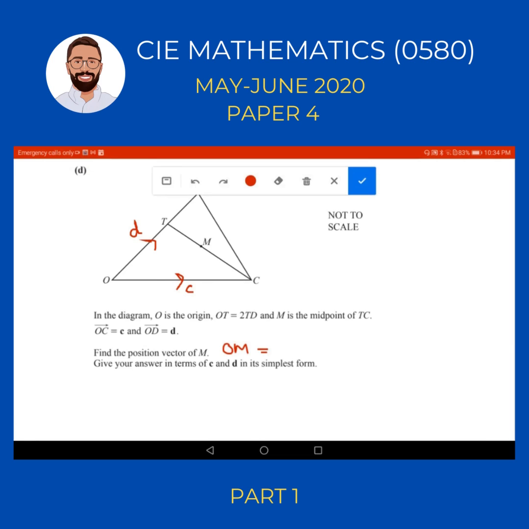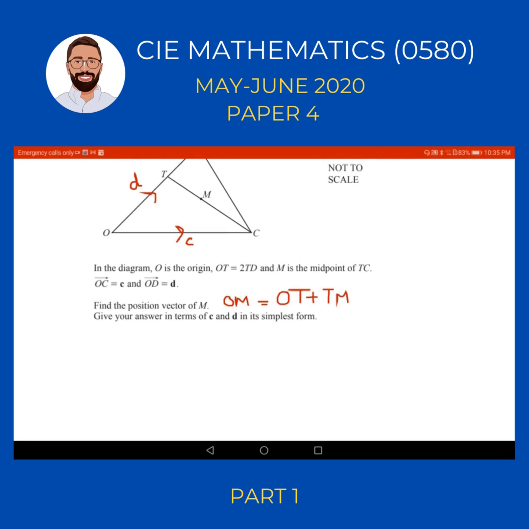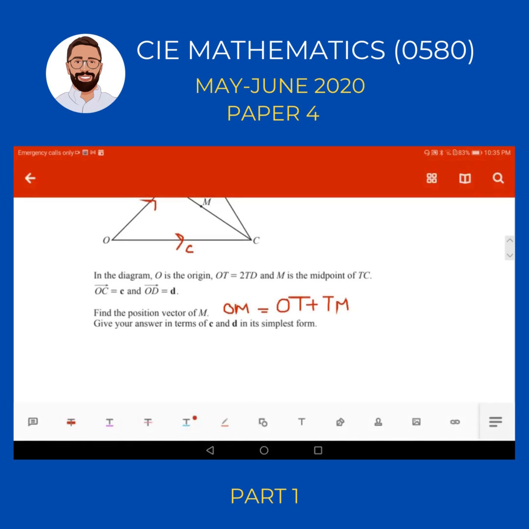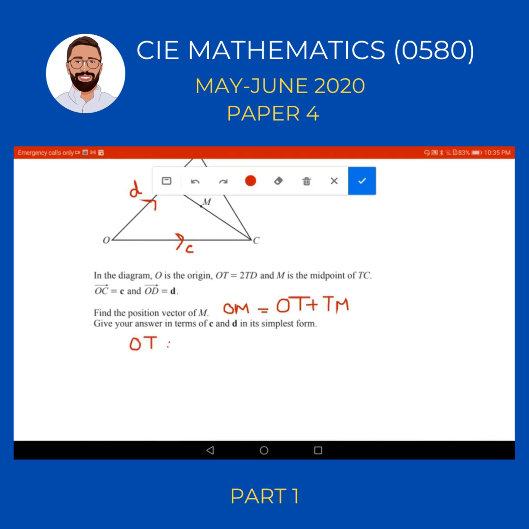So OM, so to go from point O to point M, I need first to go from O to T and plus TM, so from T to M. Now to find OM, I need first to find OT and I need to find TM. Now how can I find OT? Now we're given that OT is actually twice TD. So the ratio of OT to TD: if TD is 1, OT is 2 times TD,